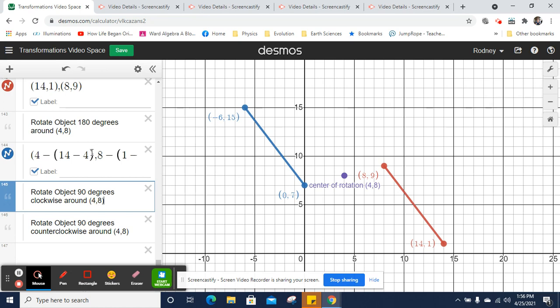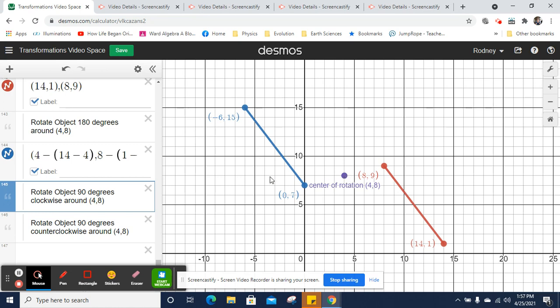So you should go ahead and see if you can come up with what the points are. So the points I ended up with, once I clean all this up, on that last one were 0,7. 8,9 became 0,7. Okay, instead of to the right 4 and up 1, now it's to the left. So from 4 to 8, yeah, so now it's to the left 4 at 0 and down 1 at 7. And this other point, instead of being to the right 6 and down 7, now it's to the left 14,